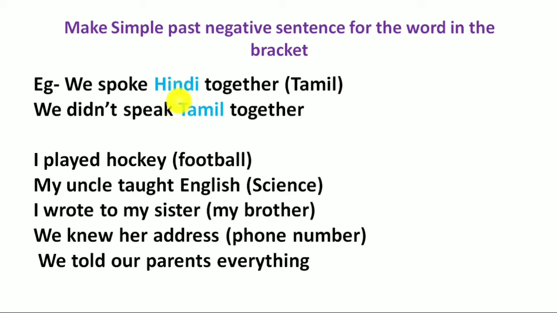If you don't know, you have to split the auxiliary from the V2 form in these sentences. You can see in the next slide how they are changed into negative sentences. Here you can see, "I played hockey." Played is the verb in the sentence. Did plus play becomes played. So you have to make a negative sentence for the verb